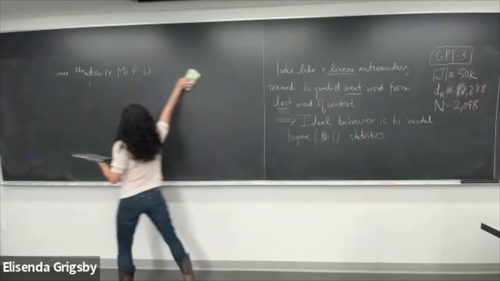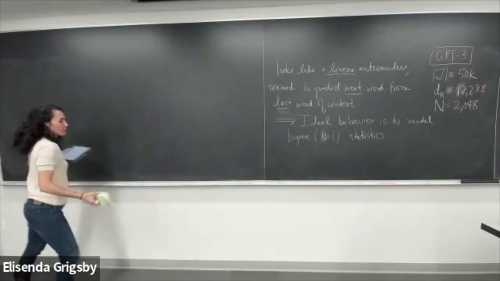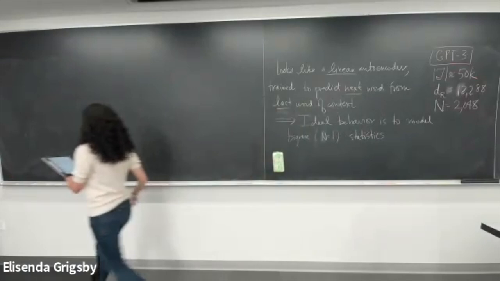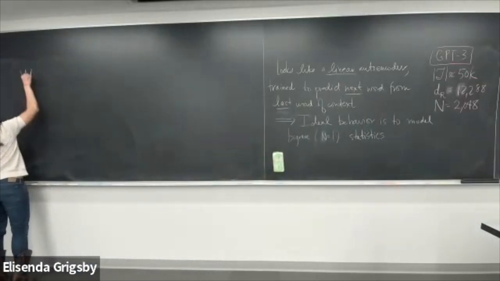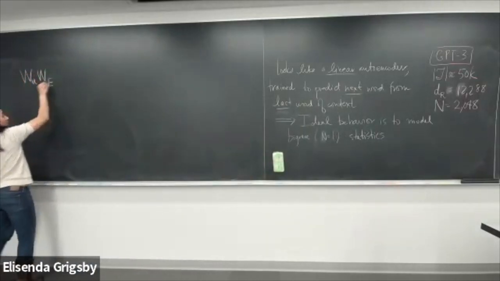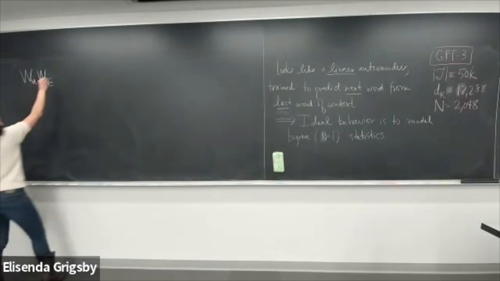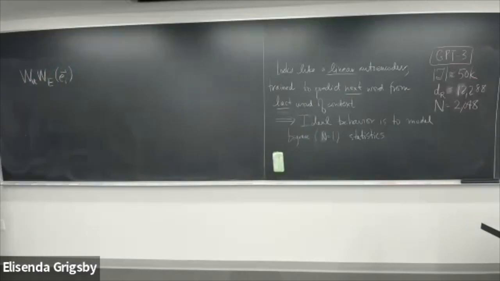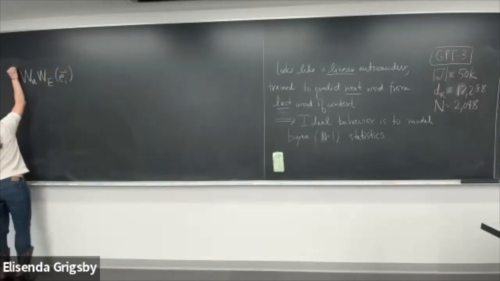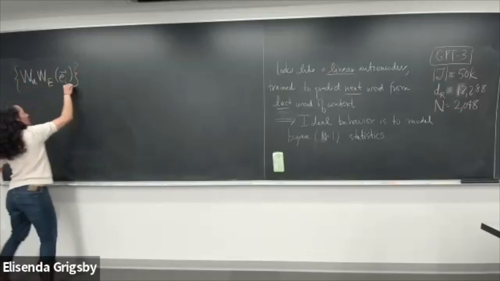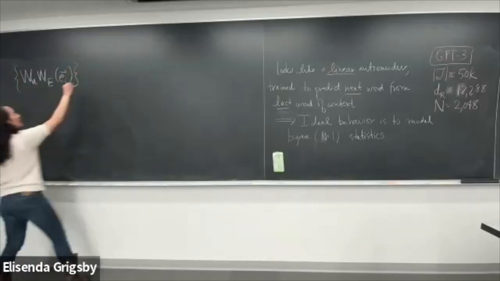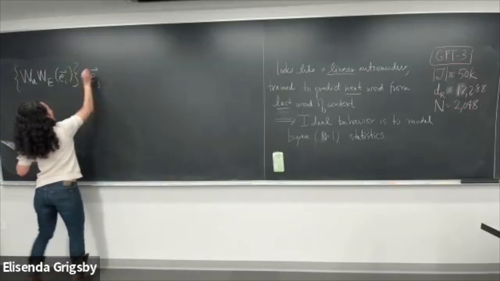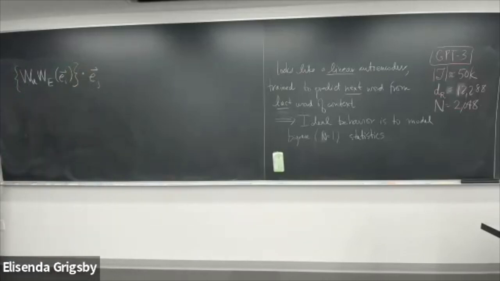So let me just break down what this looks like in terms of linear algebra. If you look at applying the embedding and then the unembedding to a 1-hot vector, this is the ith column of this product. And now what you want is that when you take the dot product of that with the jth 1-hot vector,